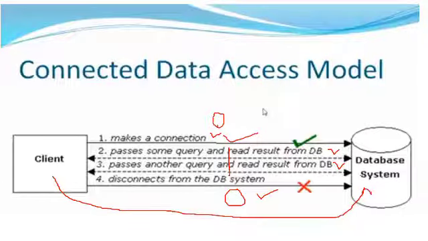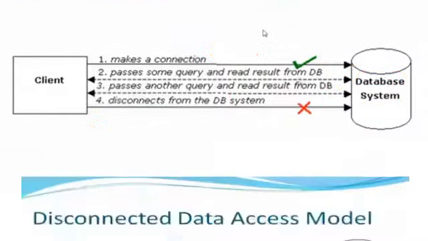So it is always connected to the main database, which is very dangerous for 3-tier architecture or web applications. It may be very dangerous. So that is the connected architecture. It is good for desktop applications, but as far as web applications are concerned, it is a very unsecure environment.